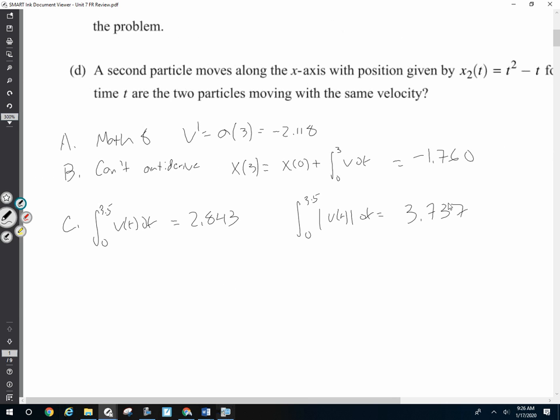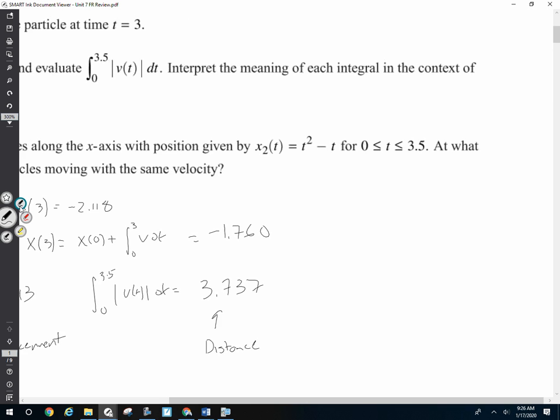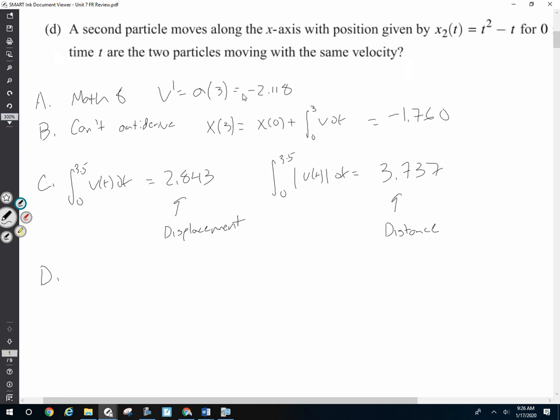Interpret the meaning of each in the context of the problem. This is displacement from 0 to 3.5 seconds. This is the distance traveled from 0 to 3.5 seconds. Part D: a second particle moves along the x-axis. At what time are the two particles moving at the same velocity? Okay, well,